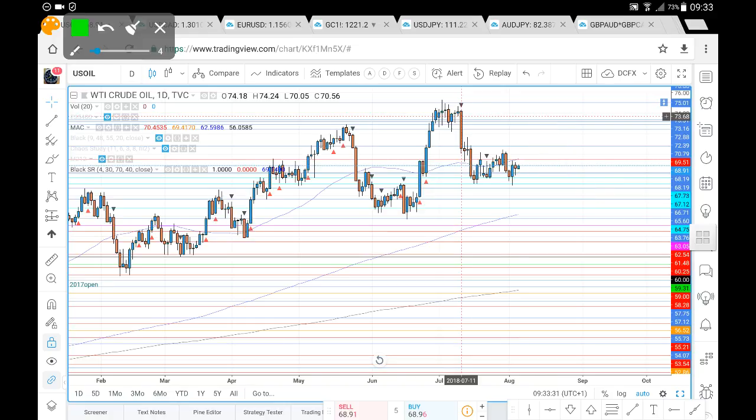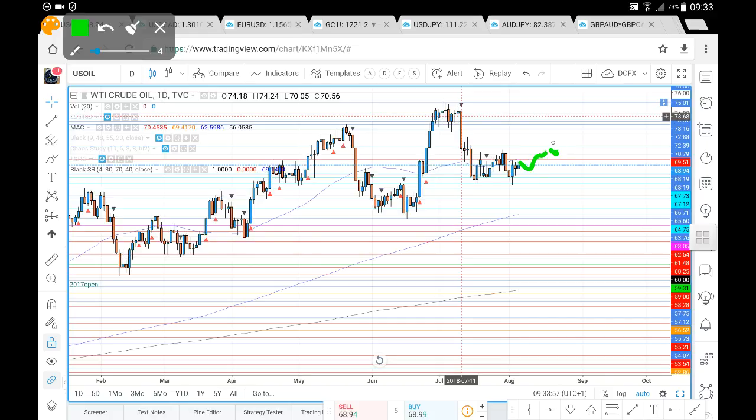But at present, after having this sharp sell-off over a couple of days or so, we've been in a consolidation for a couple of weeks now on the US oil as the market searches for direction. More recently, we've rejected lower prices as indicated by this strong bullish candle. We've gone to a bit of consolidation, so we'll see whether we do see that further pullback to the upside here,